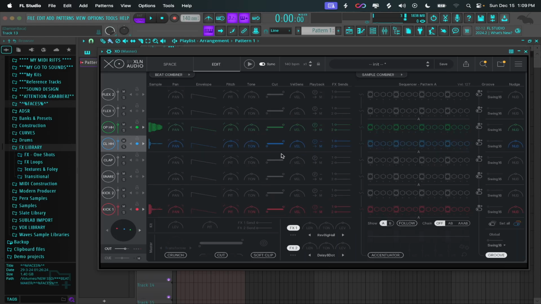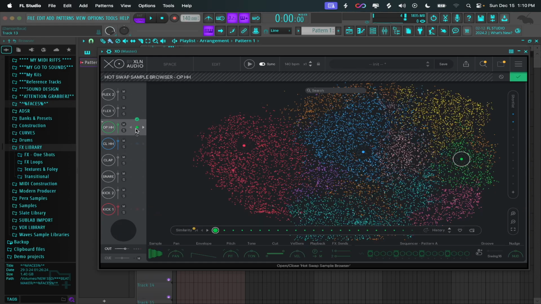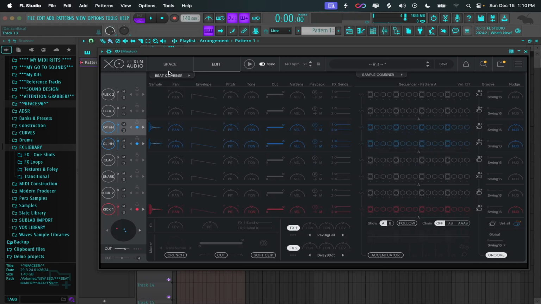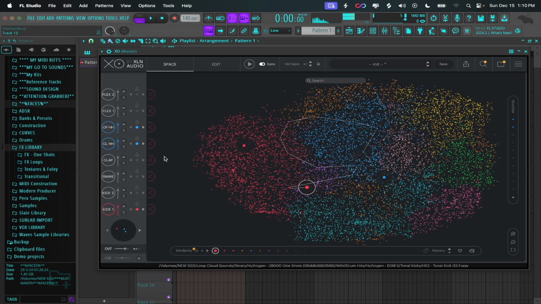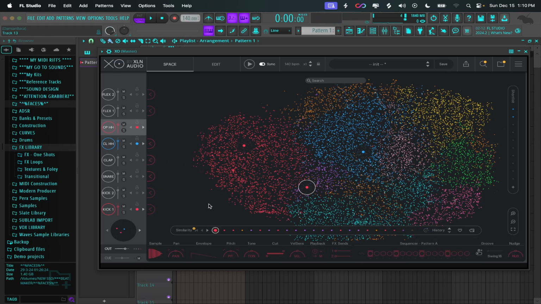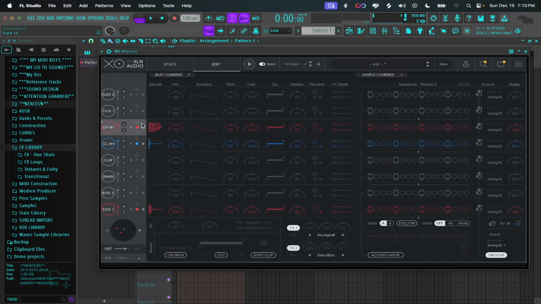In the edit tab, all we have to do is click this little icon, the green icon or the blue icon, whatever it is, this little dot here. You click it and it's gonna open up the space menu again. So it's going to allow you to change this in context. Now, why would you use this over just going to the space tab and replacing your samples that way? It's that when we do it this way, say if I created a pattern,